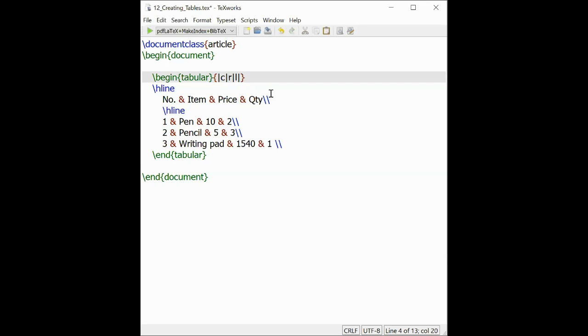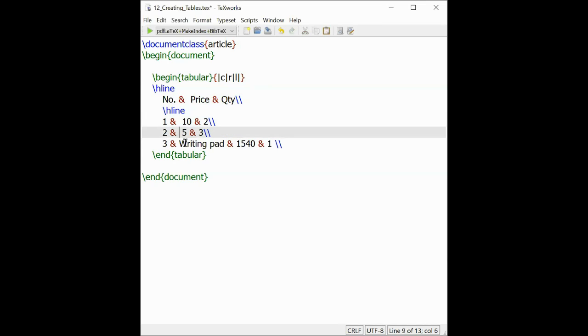Now you have 1, 2, and 3 columns. Then you have to delete this item along with the ampersand, manually in every line. Then if you compile, you will have only 3 columns. This is about deleting a row or column in a table.